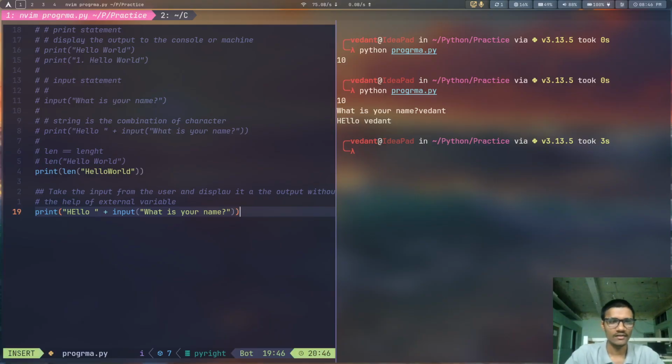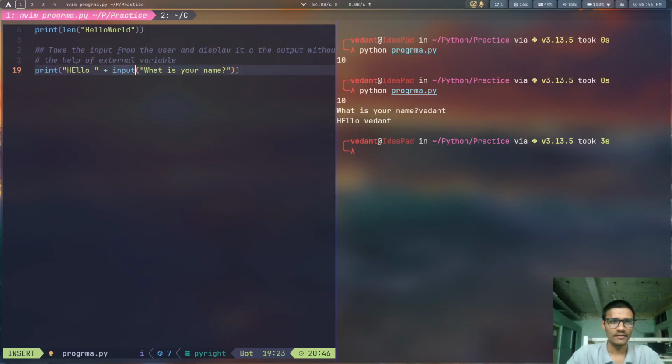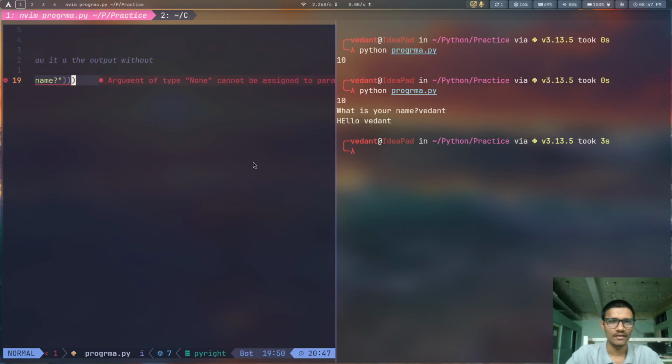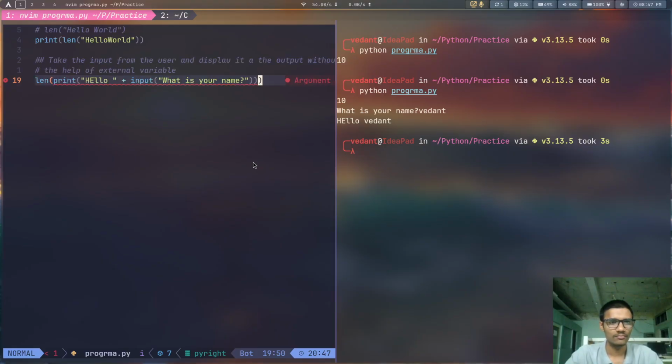And if I want to calculate the string length of each and everything, how will I do it? I will just put this entire thing in the len function. This is how you do it. Len, initiate your brace, navigate to the end of the line, control shift. Okay, so what does it say? None cannot be assigned to. I think each and everything is alright. Let's just test it out and see what is the error we will be given. Okay, oh, it is working.